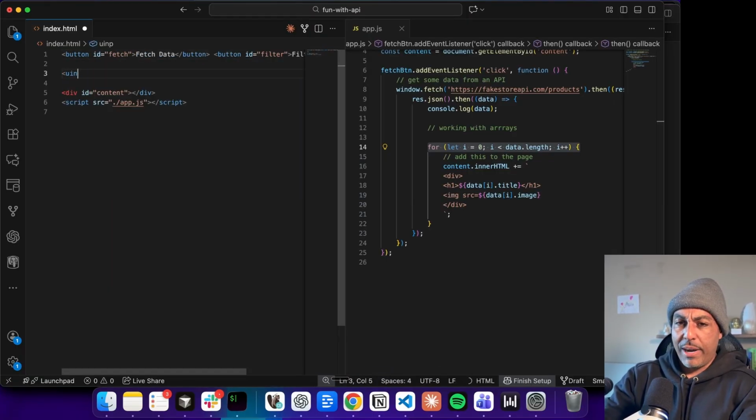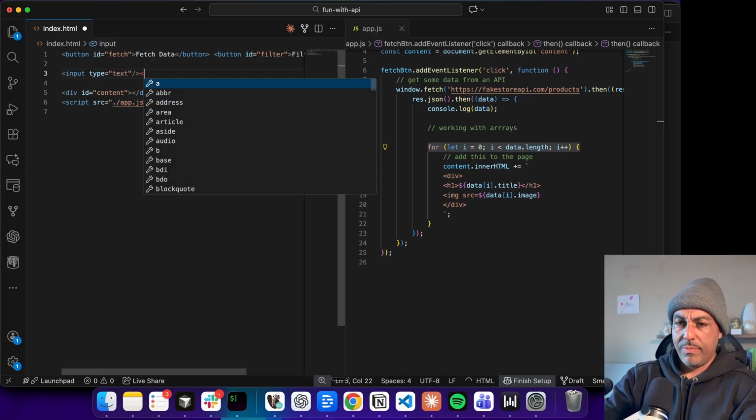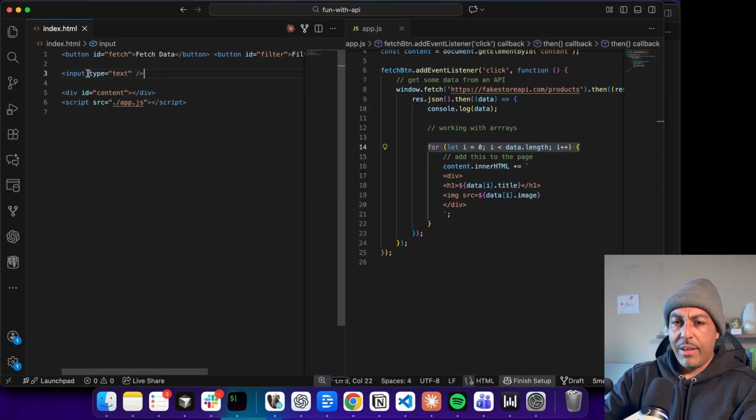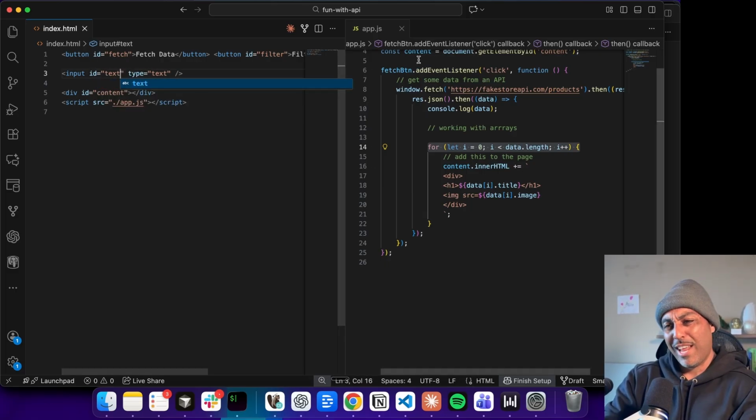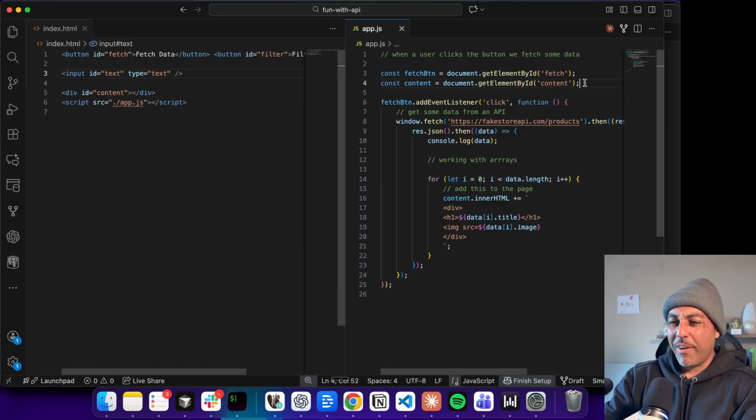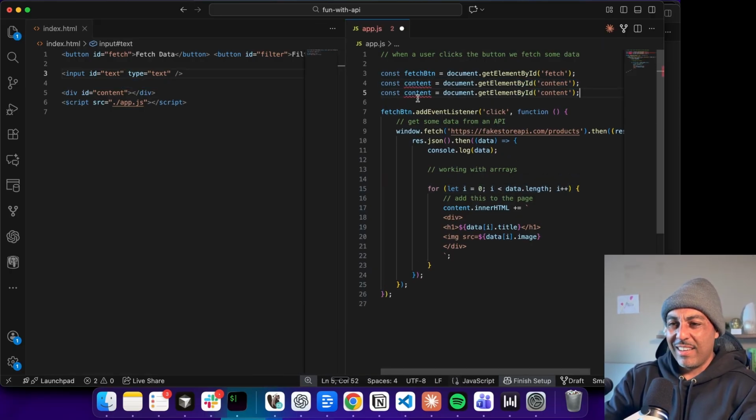We'll put an input right here, and the type of input will be a text input. It will be closed off right here. Now you can probably guess what we're going to do. We're going to put an ID. That ID is going to be called text or something. I have terrible names here, by the way. And we're going to follow the same pattern we've had up here. Const input equals document.getElementById text. Now what we could do here is have the same kind of functionality saying,